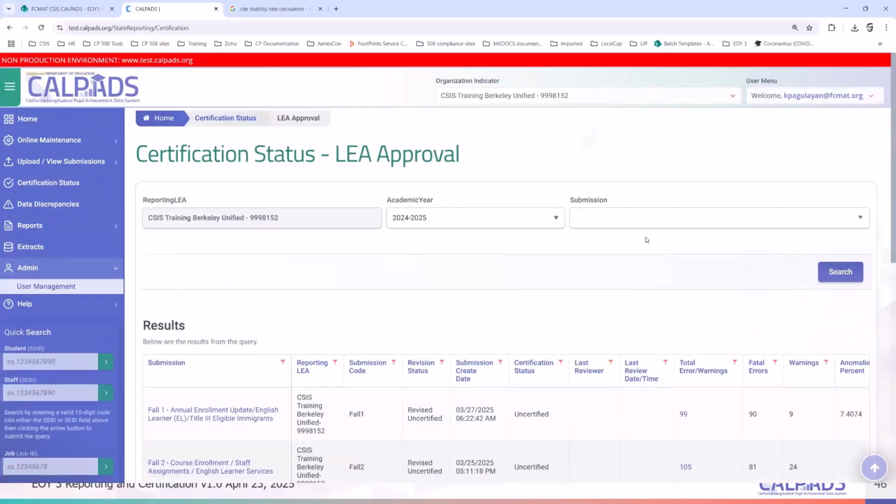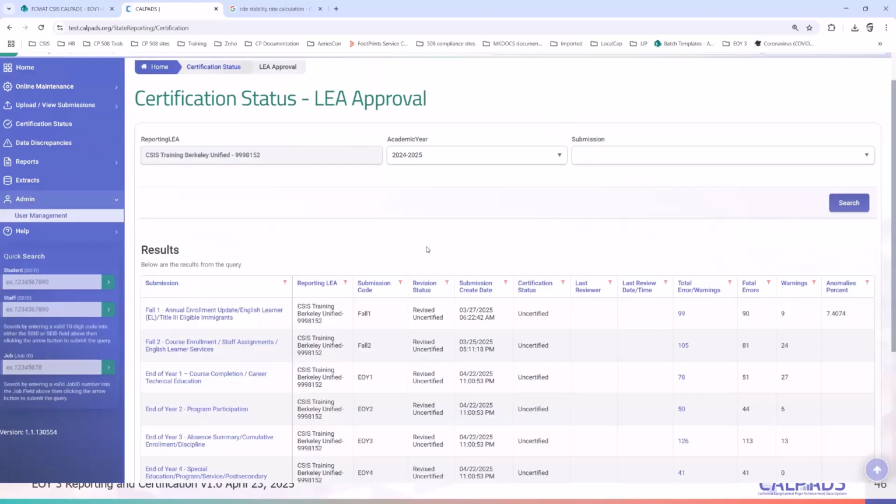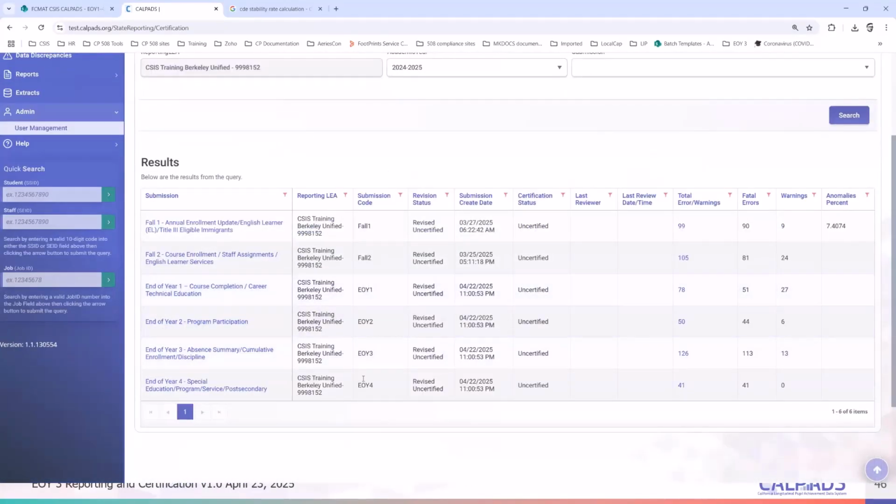All right, so this is how the certification status looks. We are in the test environment, so right now we can see the end of year snapshots, and it has been running for us in test. So this is how it would look later on. I click on end of year certification. By default, I am still revised uncertified, and so I am also showing that I am uncertified. I have fatal errors and warnings. If I click on this,